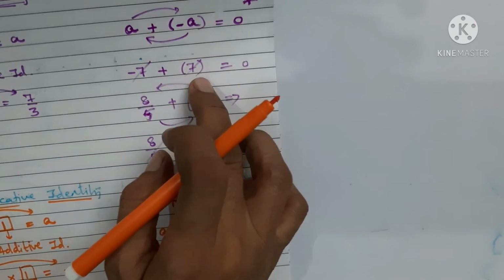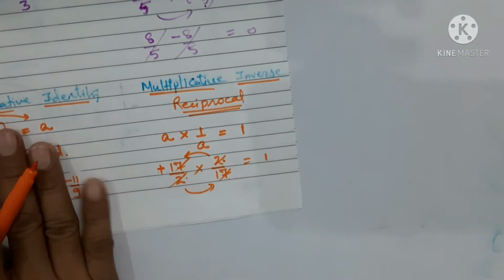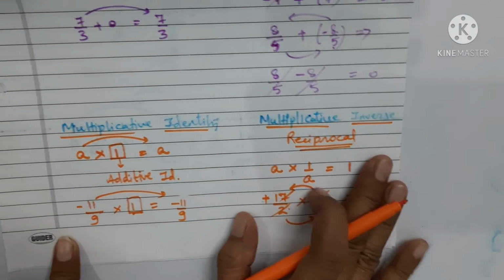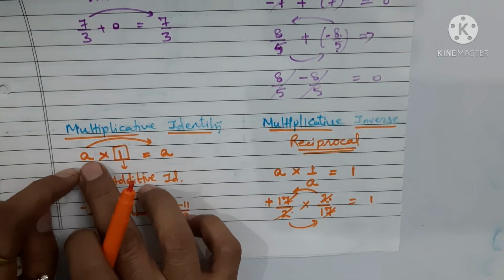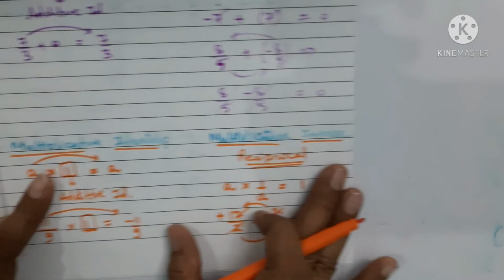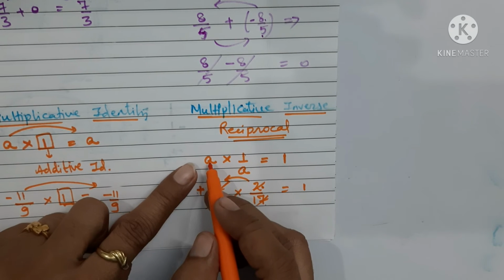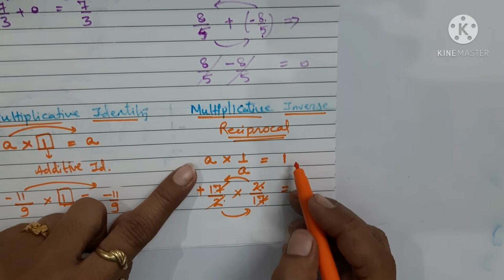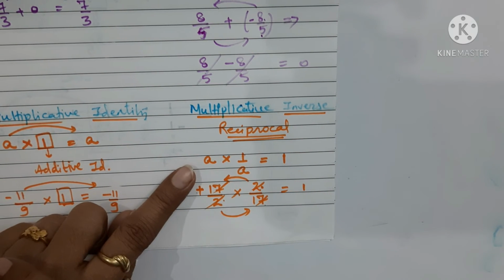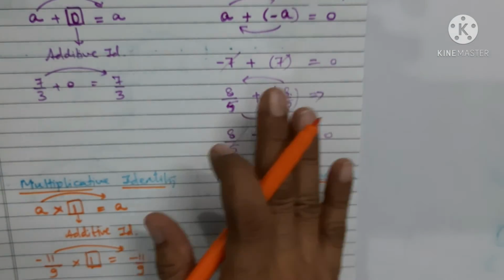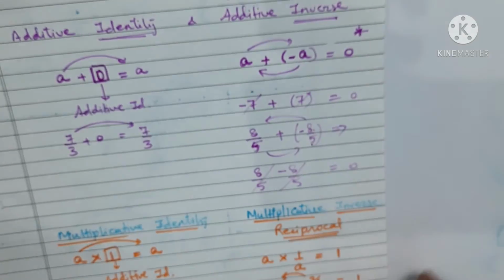In the additive case you get the sum as 0, but in this case you are getting the product as 1, and this is the difference between multiplicative identity and multiplicative inverse. The multiplicative identity is 1, which when multiplied with any number keeps the number the same. Whereas the multiplicative inverse is what? When it is multiplied with the given number, if the product comes to 1, it means both numbers are multiplicative inverses of each other. I hope now it is very clear to you. All the best. And with this, I think there is no other point remaining in rational numbers.